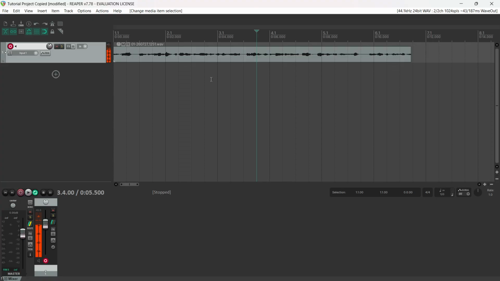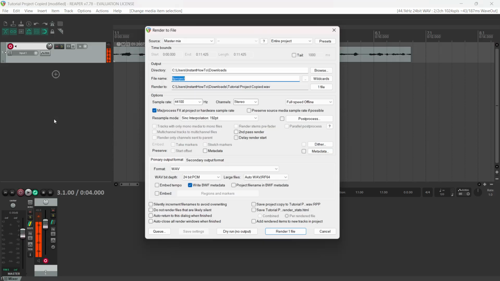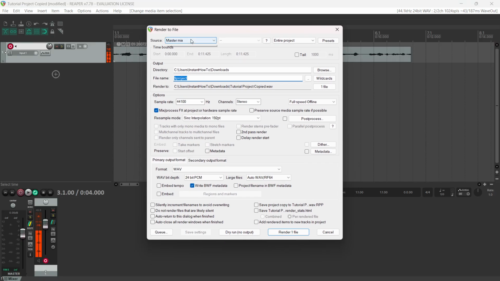So if you want to export it, the easiest way is going to be to simply open up your project. You want to go to File, top left, and then you want to go to Render. When you click on Render, over here you can then go ahead and select the source. If you want everything, you want to go with Master Mix, okay? Of course, you could do different things as well. I'm going to go Master Mix, and I'm going to do entire project to export my entire song as a